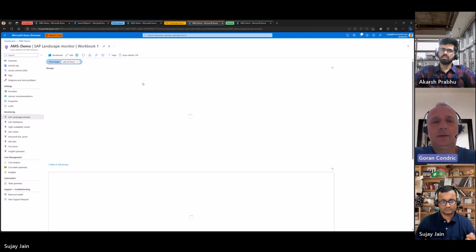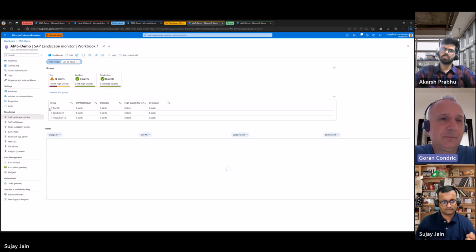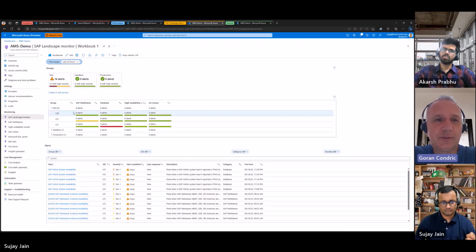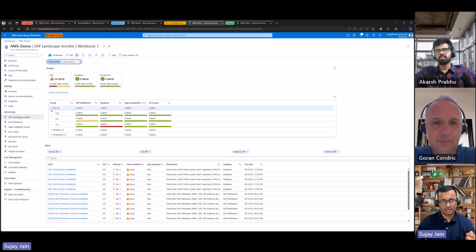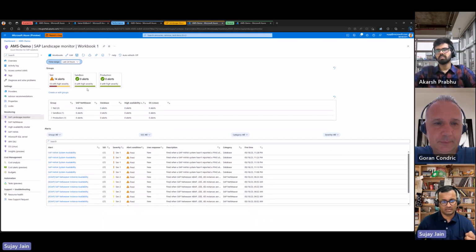Super. So basically, each customer and partner can easily choose whatever they like to see and configure it. Yes. So as you see here, CS3 has been added as part of this group, and now you can start monitoring all the alerts for that as well. Cool. And again, we have a standard time range functionality, so you can decide what time ranges you want to see this data for. Again, we have just begun on this journey. There are more enhancements that are going to happen in this landscape monitor, but it's a really great addition, and we have gotten some really great customer feedback on this as well.